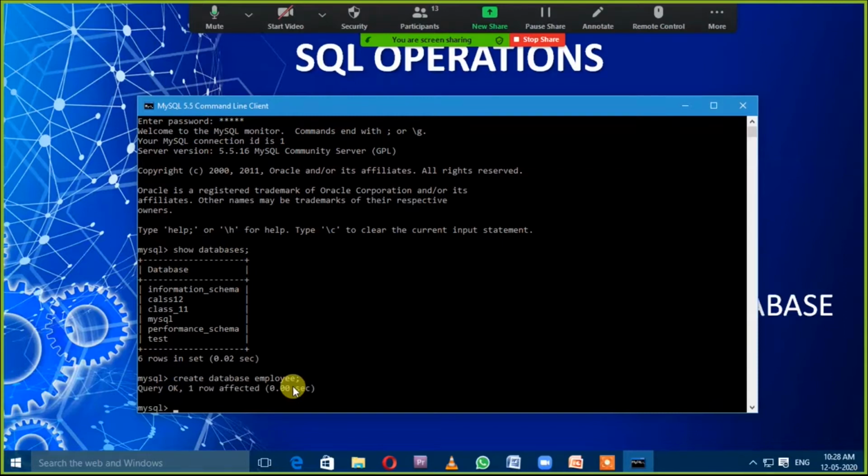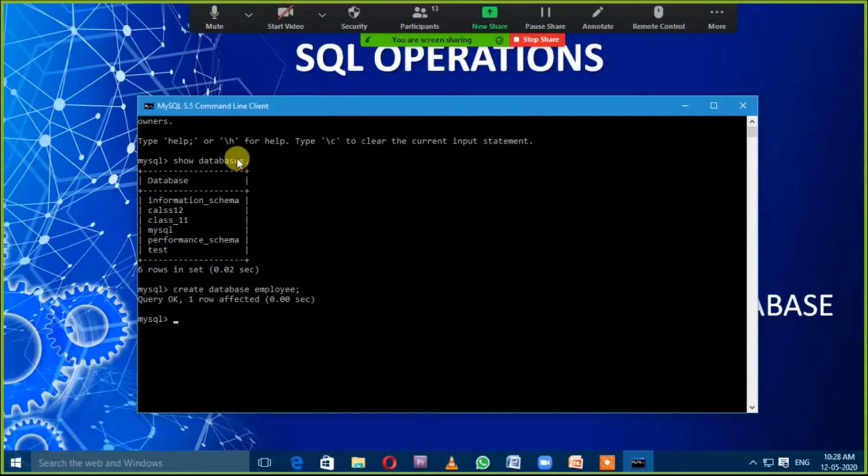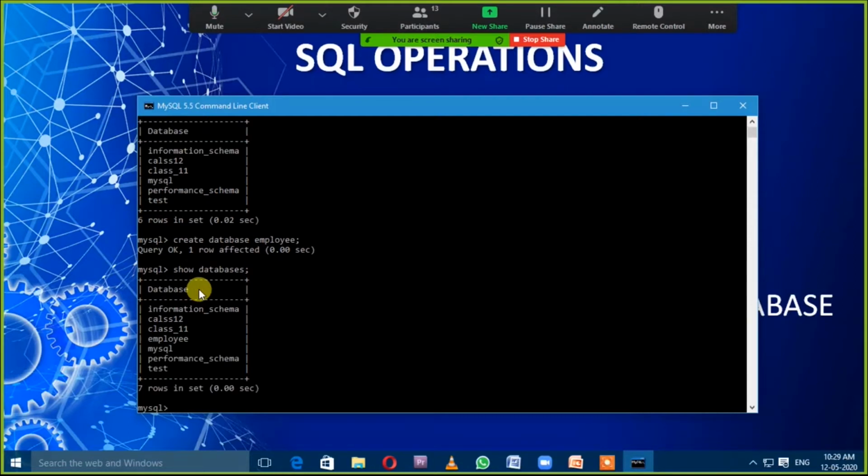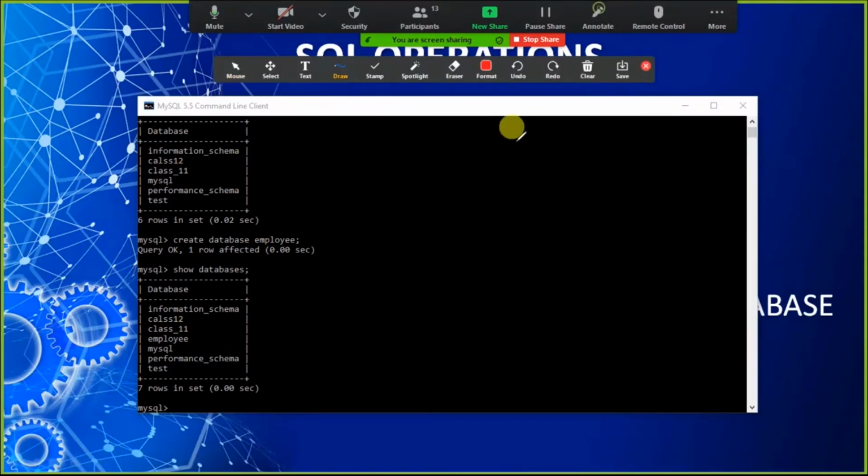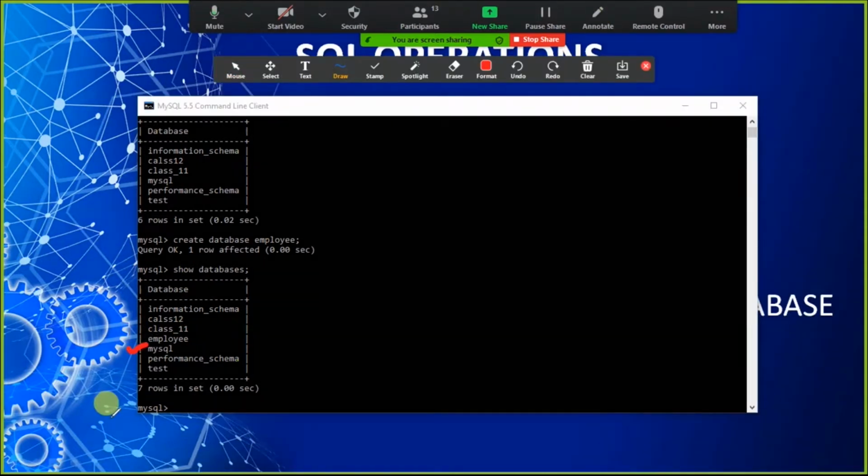Hit enter. Look here, it was the previous list of databases. The employee database is not visible, but when I have created the employee database and now again run our query show databases, look here, the employee database is displayed by MySQL.